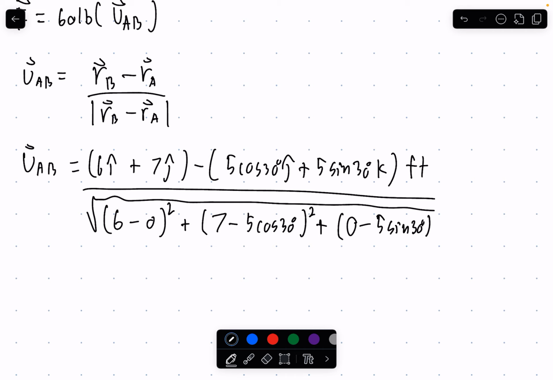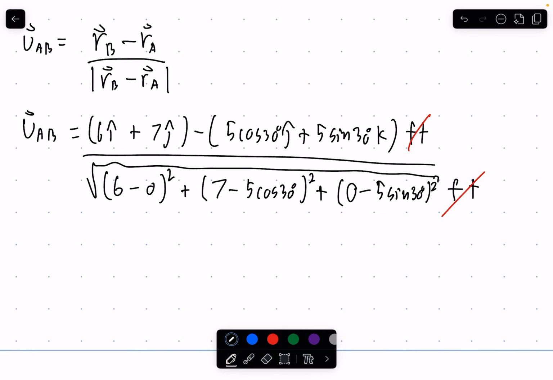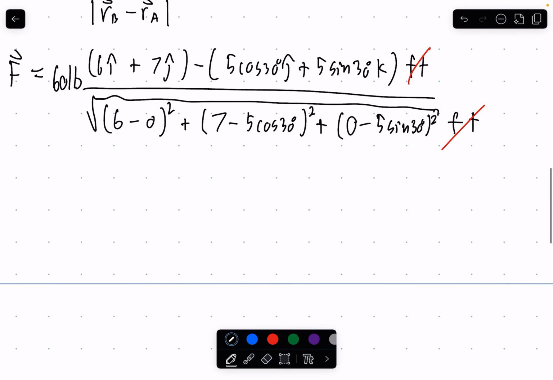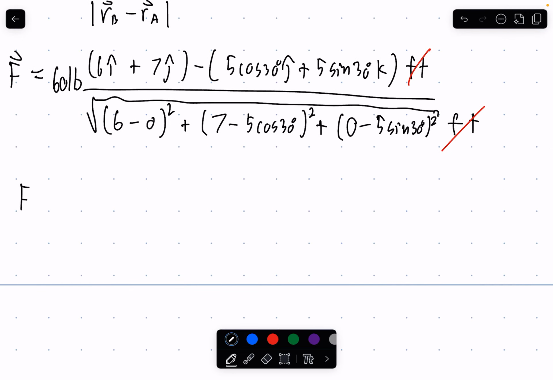Okay, and since the magnitude we can factor out is also going to be in feet, we can cancel the 2 because we know unit vectors are directionless. So that's going to be a whole unit vector, and we can change this to being our force vector if we multiply it by our magnitude of 60 pounds, a scalar magnitude, I should say. And we should get that force